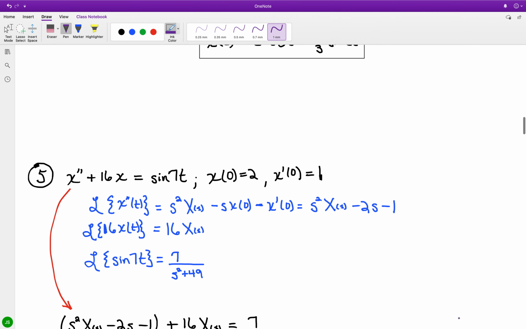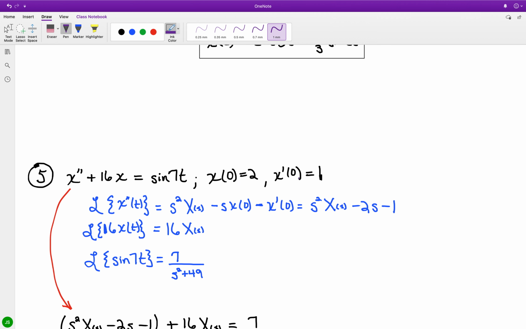For number 5, we're looking at x double prime plus 16x is equal to the sine of 7t. And we have supplied the initial conditions x naught is equal to 2 and x prime naught is equal to 1. And translating what we have in the terms to their Laplace transform equivalents,